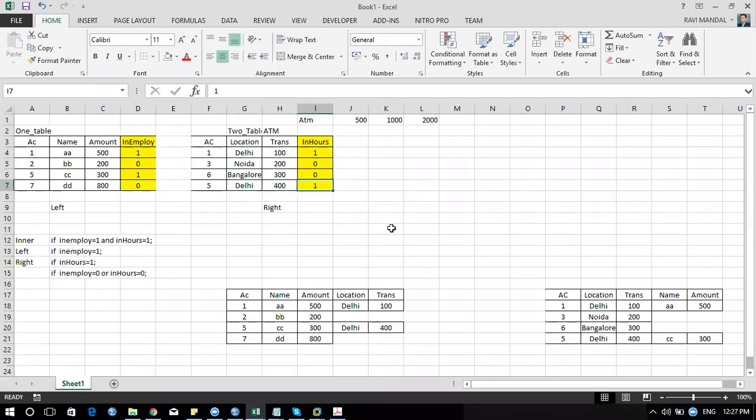So what I can do is, if I say wherever 0 is there, give me those accounts. So I'll get details like this. So this information talks about what is not matching in both those tables. Getting it?